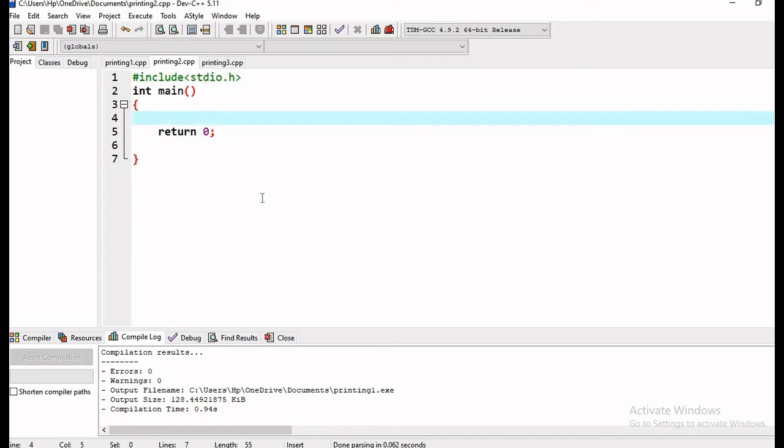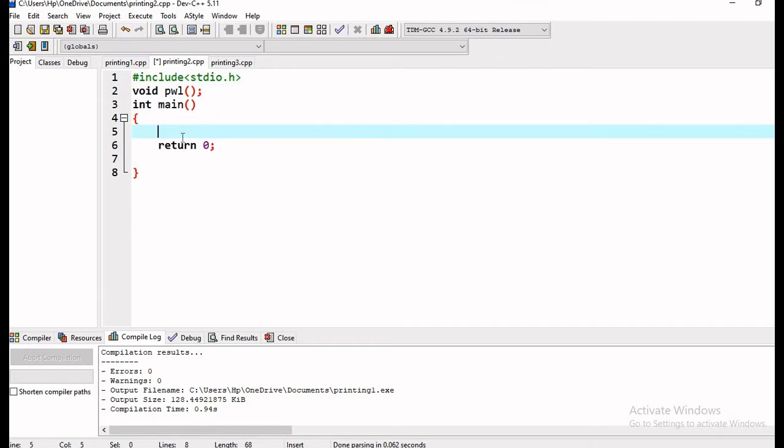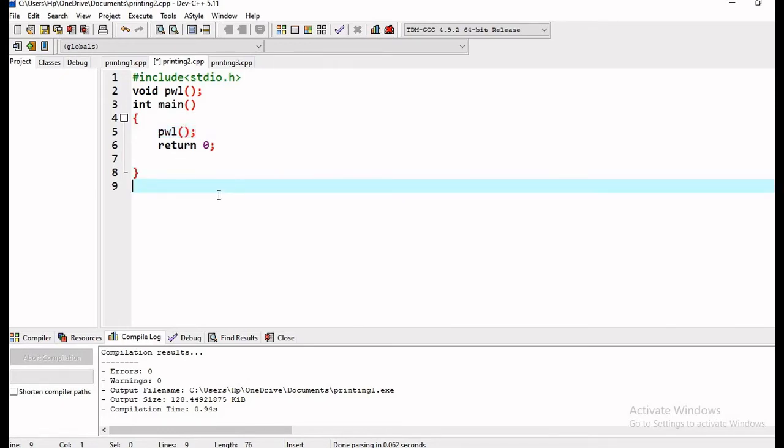In the second method, I am using a static integer variable, and with the help of the static variable, we will print these numbers. Again, I am taking a function here, but this time I am going to use a static variable. I will simply call it in main, doing nothing but calling this function. Then I will define this function outside main, and it will be something like this.